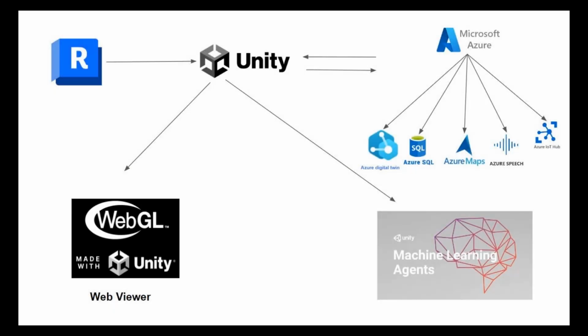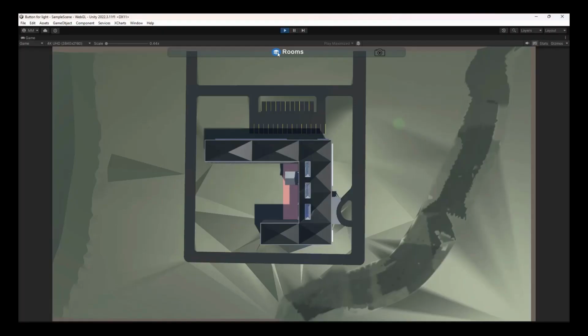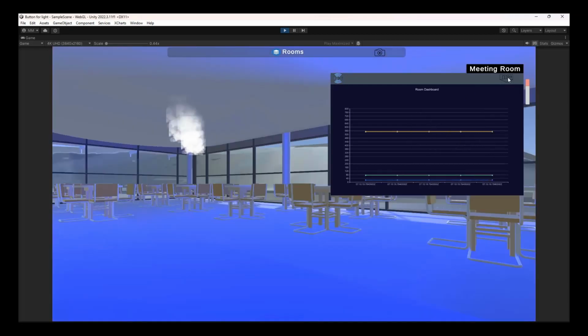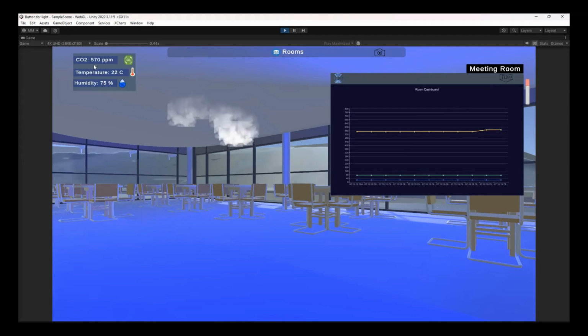In this video, I explain the digital twin concept with Microsoft Azure, Unity, and a BIM model. As you can see here, we have the BIM model imported inside Unity. We can design our own user interface and create the room dashboard, which is connected to Azure Cloud sensor data. We can also go immediately to the room using the room button, which is also designed using the room user